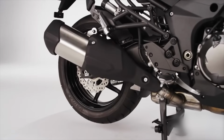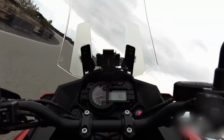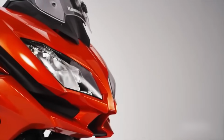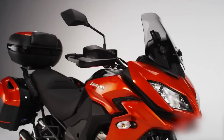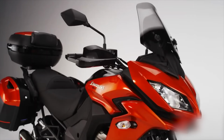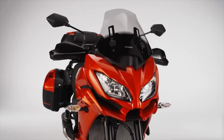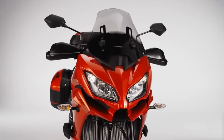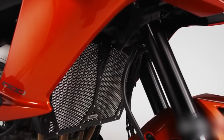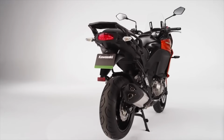This isn't about looking like you're ready to conquer the Dakar Rally. This is about building a motorcycle that excels at real-world adventure riding. Kawasaki has built the Versus 1000 LT for riders who want adventure bike capability without adventure bike pretensions. This is a bike that can handle light off-road riding when needed, but excels at comfortable highway touring. It's the kind of machine that makes you want to take the scenic route because you know it can handle